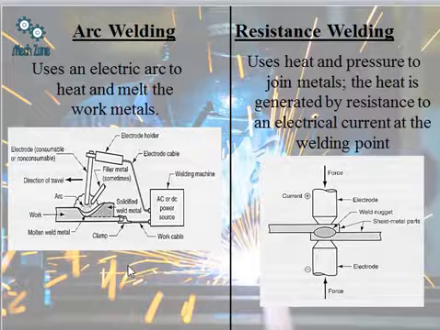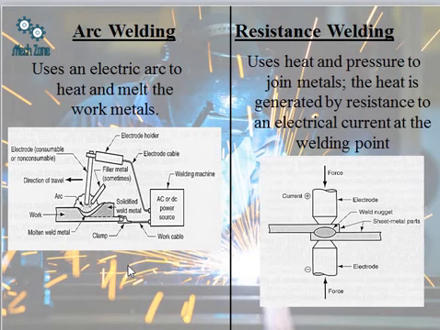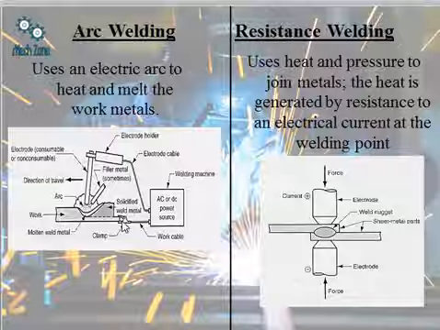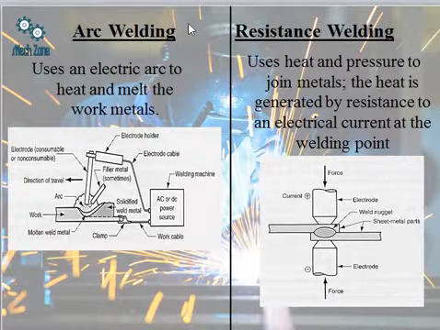and reverse polarity is mainly used for low thickness and low melting point materials, because here the heat is not mainly generated on the workpiece, rather it is generated on the electrode. In case of the straight polarity, the depth of penetration is more, and in case of the reverse polarity, the depth of penetration is generally less, and welding deposition rate is less in straight polarity, whereas it is more in case of reverse polarity. Why? Because the melting of the electrode is taking place, which is eventually getting deposited, and welding speed is also less in case of straight polarity and it is more in case of reverse polarity.